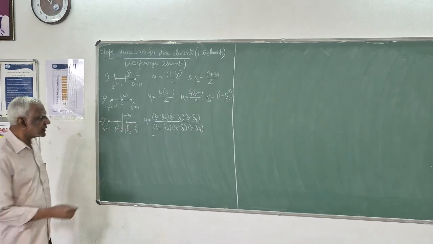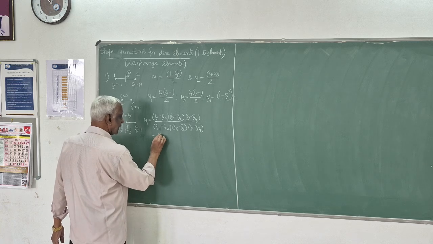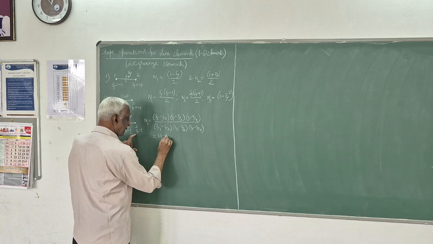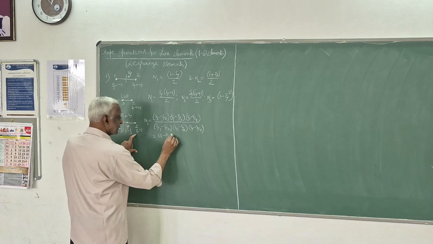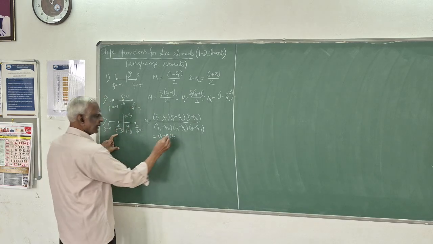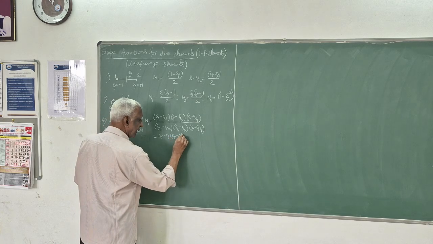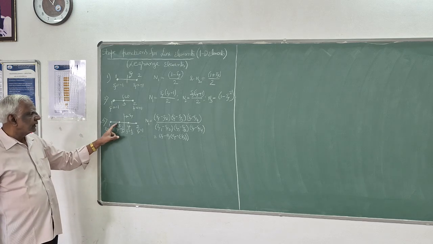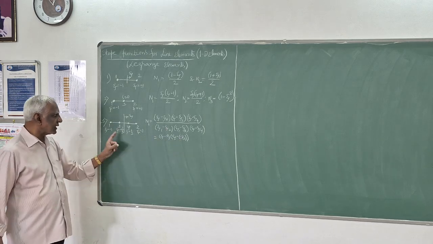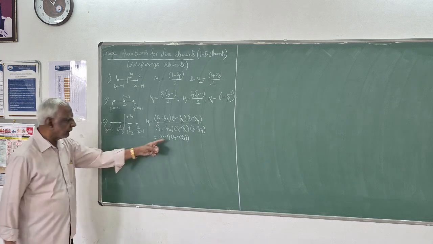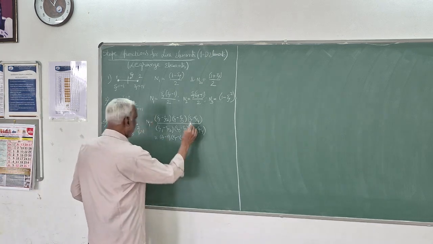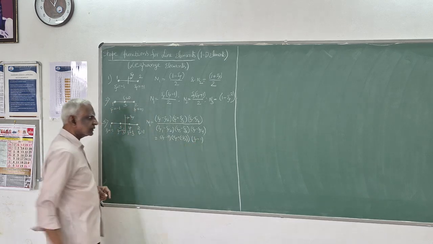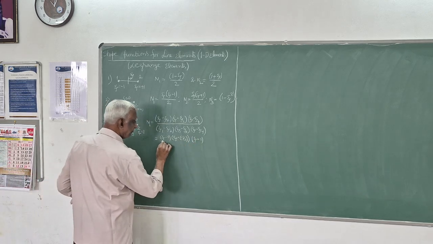Substituting these coordinates, here I will get psi minus psi 2, that is psi minus 1, into psi minus psi 3, that is minus of -1 by 3. Coordinate of 3 is -1 by 3, and substituting minus of -1 by 3, and psi 4 is equal to 1/3, that is psi minus 1 by 3, divided by